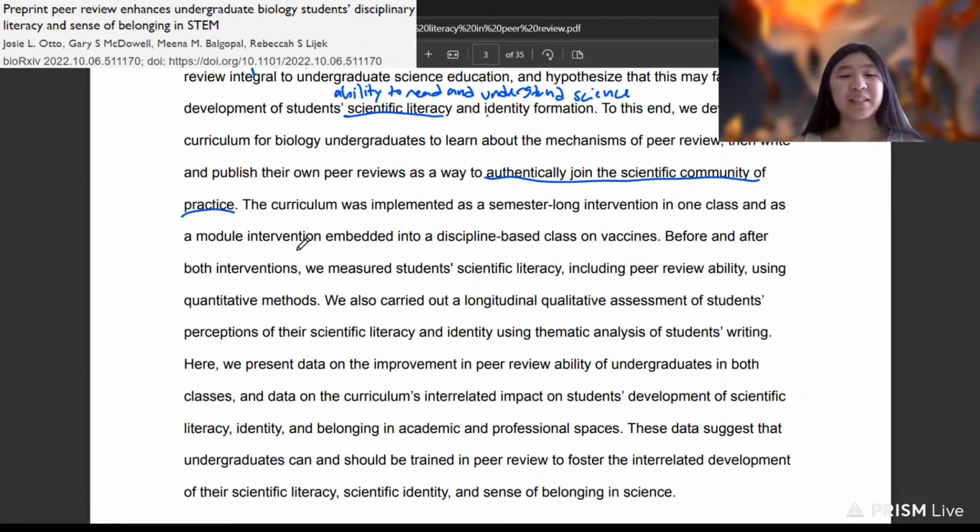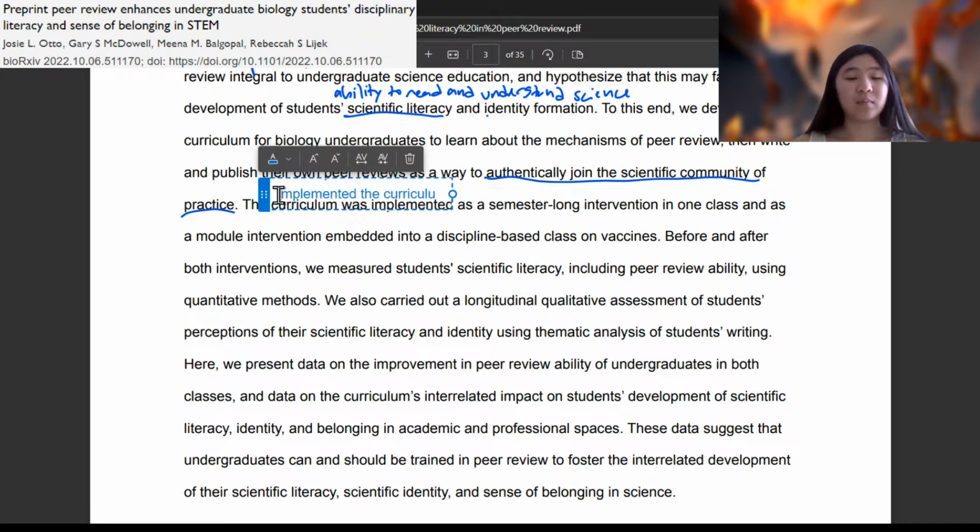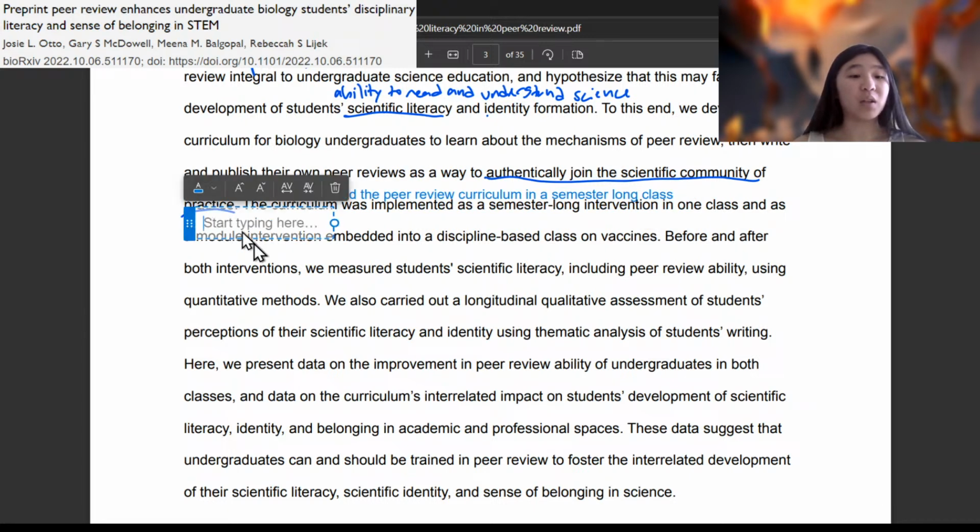The curriculum was implemented as a semester-long intervention in one class and as a module intervention embedded into a discipline-based class on vaccines. So they implemented this curriculum into a semester-long class. I'll type this. Implemented the peer review curriculum in a semester-long class. And they also implement it as modules